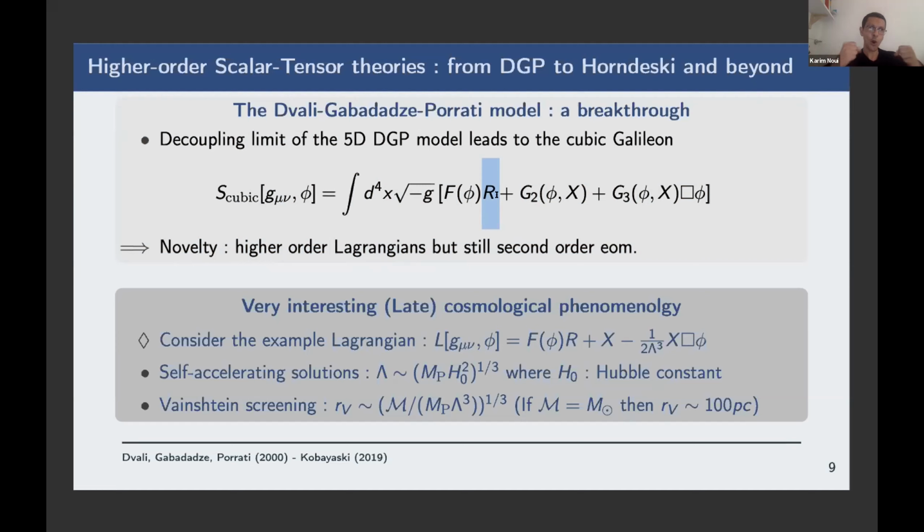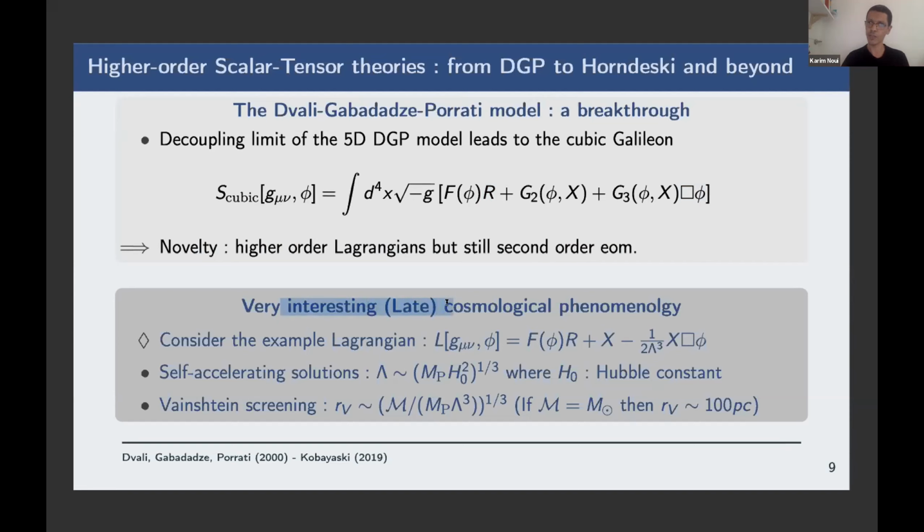But the whole point of the Lovelock theorem is that even though you have second derivatives of the metric in the Ricci scalar, you still get second order equations of motion. So the box phi here is a kind of equivalent of the Lovelock theorem somehow. You have a higher order Lagrangian, but still second order equations of motion. And this is not only a mathematical curiosity, it has a very interesting phenomenology,